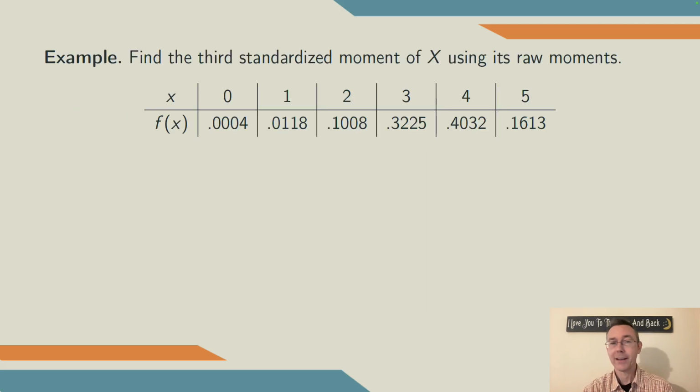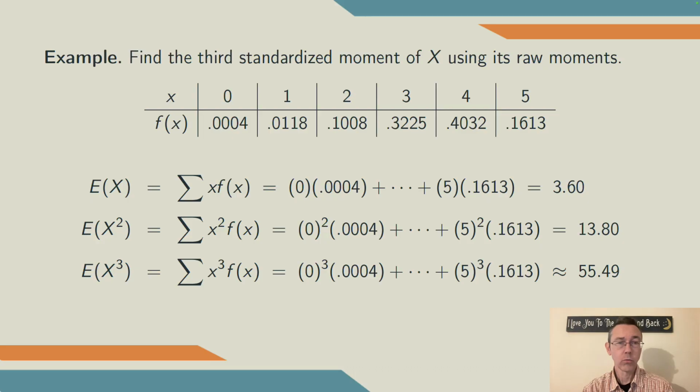Let's see how this works out in practice using that same distribution as before. Find the third standardized moment of x using its raw moments, and that'll allow us to get the skewness, confirming the calculation that we had a little bit ago. So the calculations of the raw moments are all more or less identical. We basically do the same calculation that we did for the expected value of x, just instead of multiplying the values by their probabilities, we multiply the squares of the values or the cubes of the values times their probabilities. And in this case, we get an expected value of 3.60, like we knew. We get the expected value of x squared is about 13.80, and the expected value of x cubed is about